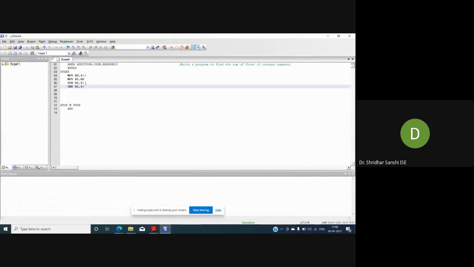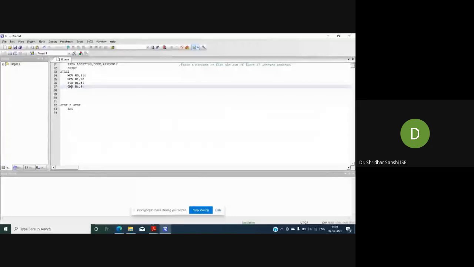Fine. Any doubt here? Why am I comparing here? Everyone got why I'm comparing R1 with 0? This is the compare instruction.